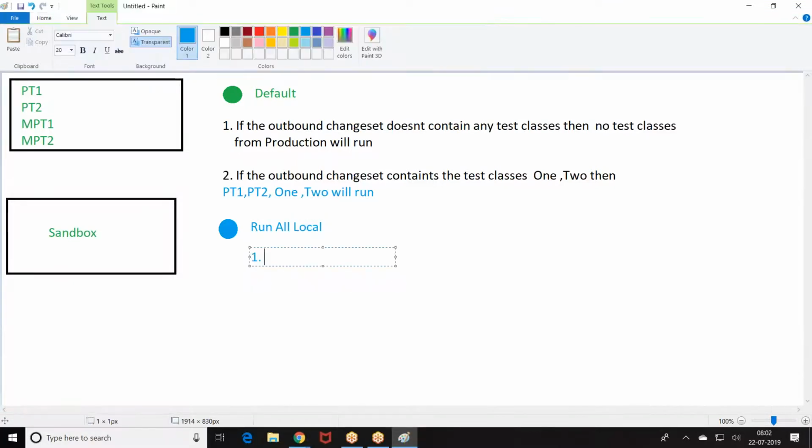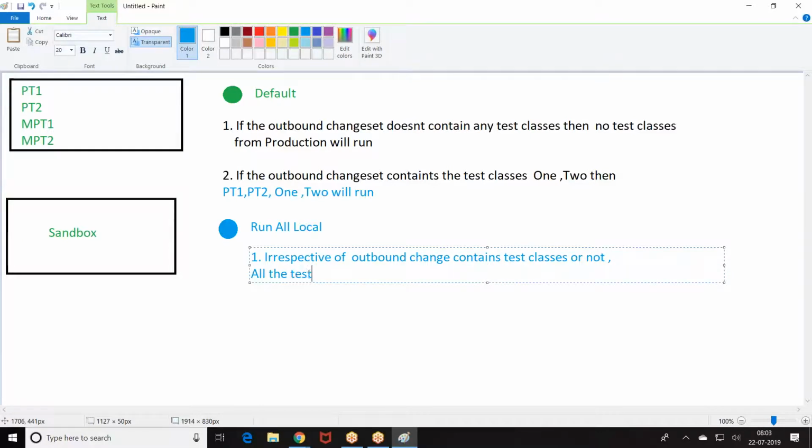Irrespective of whether the outbound change set contains test classes or not, all the local test classes from production will run. It doesn't matter whether the change set contains test classes or not; by default, all the test classes of production will run.